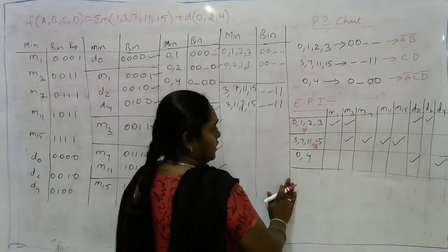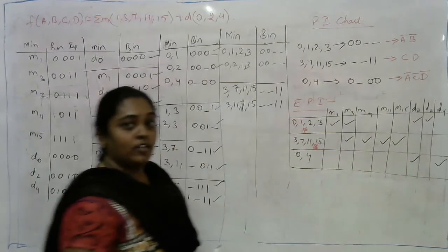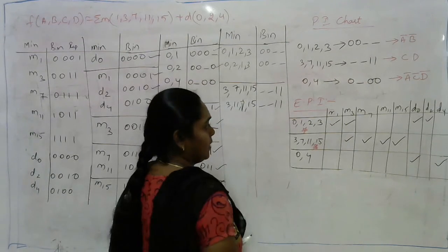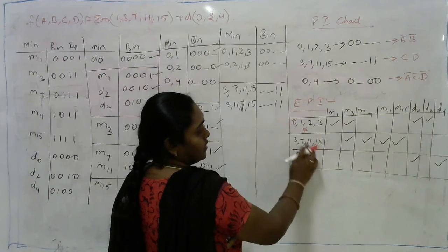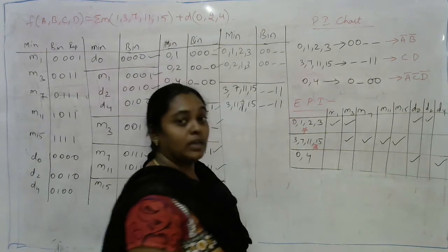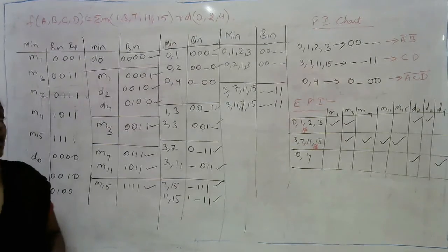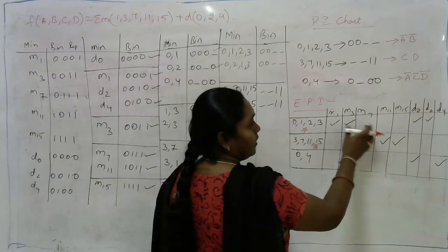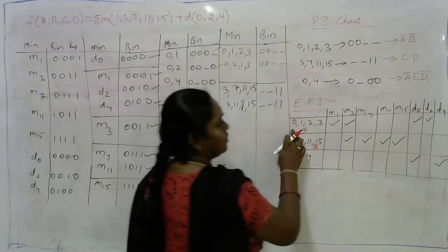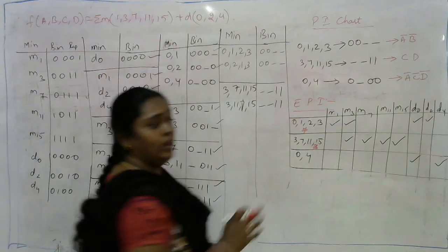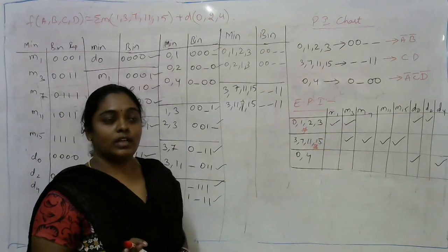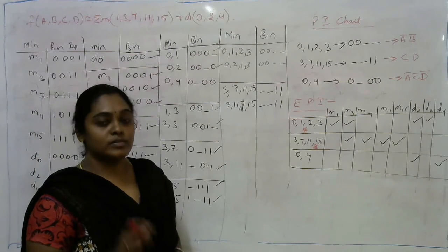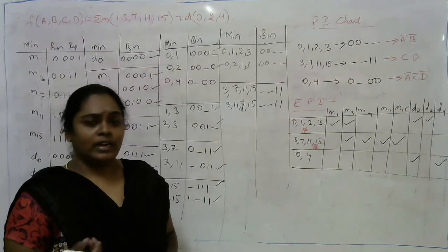Now after completion of this, in the last example, I missed one sentence. After finding the essential prime implicants, whichever ones we have kept a star mark on are called essential prime implicants. From those essential prime implicants, we need to check whether all the given numbers are covered or not. Here we check only the minterms. It is not compulsory that all the don't cares be covered. Only the minterms given in the question should be covered. We can neglect the don't cares.